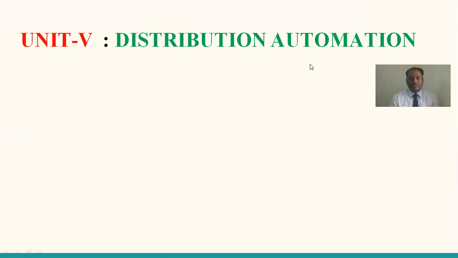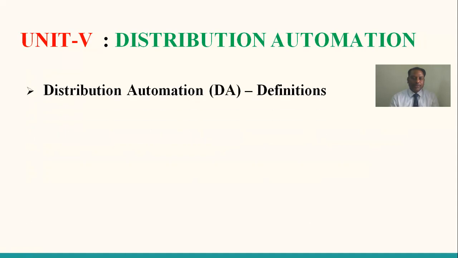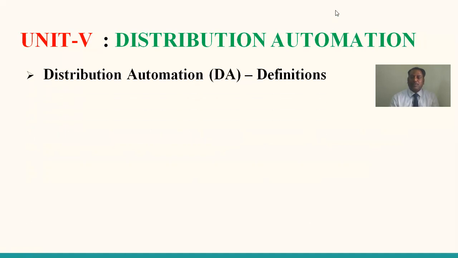Nowadays, every process is going to be automated. For simplifying, the work has to be simplified. What is the alternative? Automation is the alternative. Automation means that instead of man, machines do the work, that's all. So this unit is going to discuss distribution automation and also the terminology used to understand distribution automation.